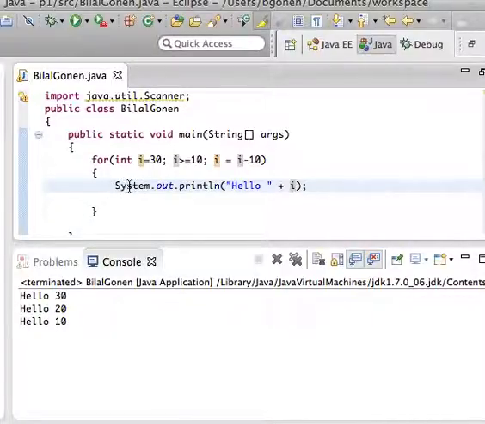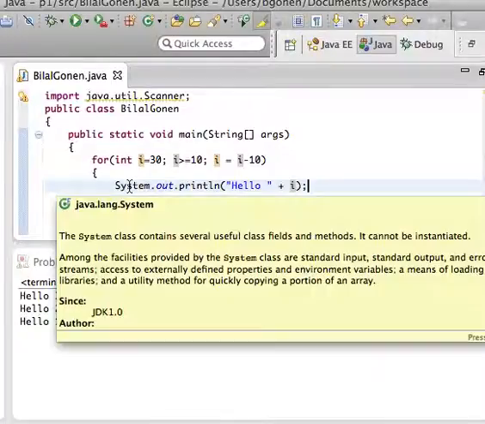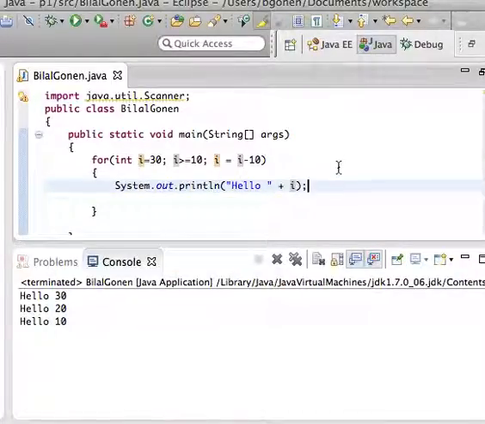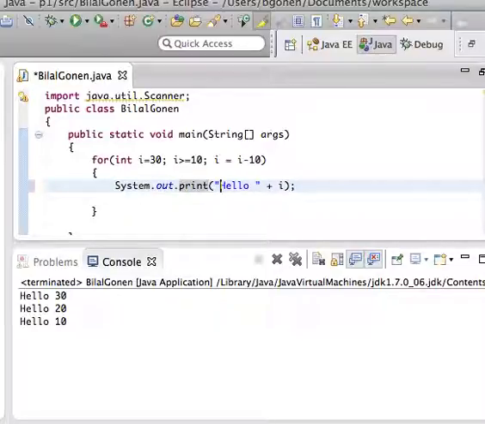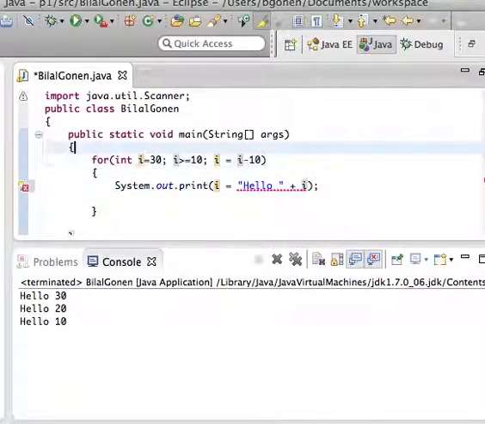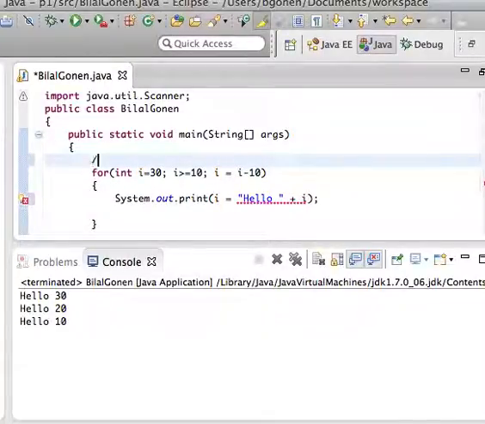Which means at each iteration, I would like to double the value. So here, let me just use print instead of println. So let me use I here. This is what I want to display. Let me just put it in here. I want to say 1, 2, 4, 8, 16, 32,